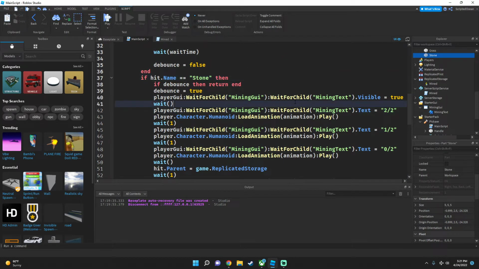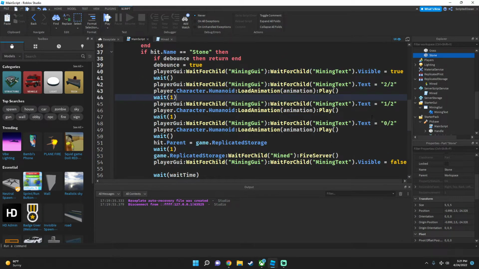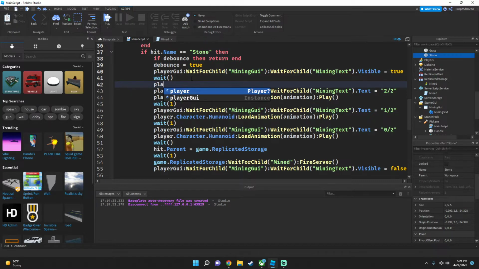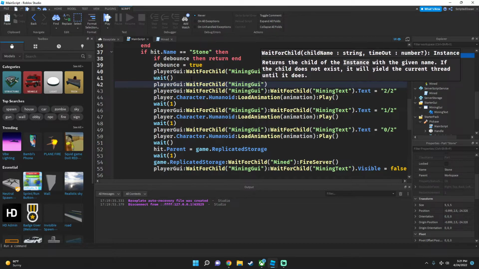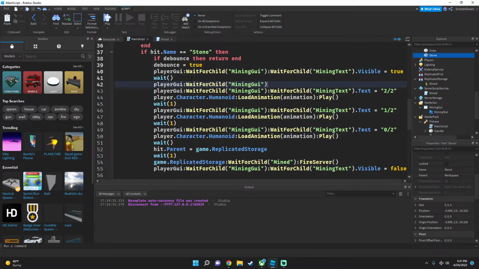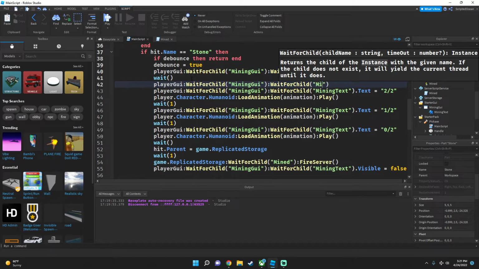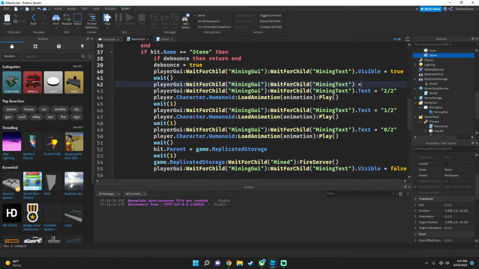And we're gonna add some more. Here we're gonna say player GUI wait for child mining. We're gonna make it a little bit stronger. So I'm just gonna say mining text is equal to 4/ like this, and